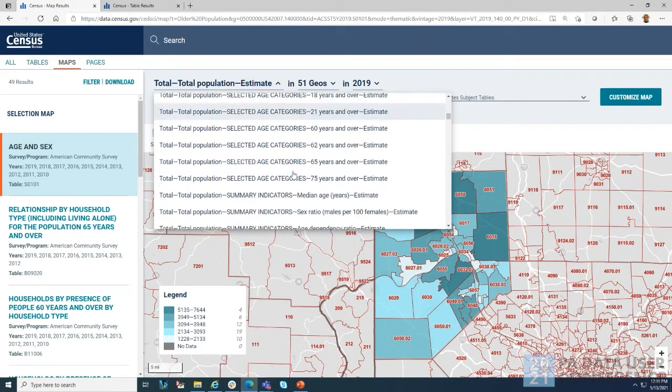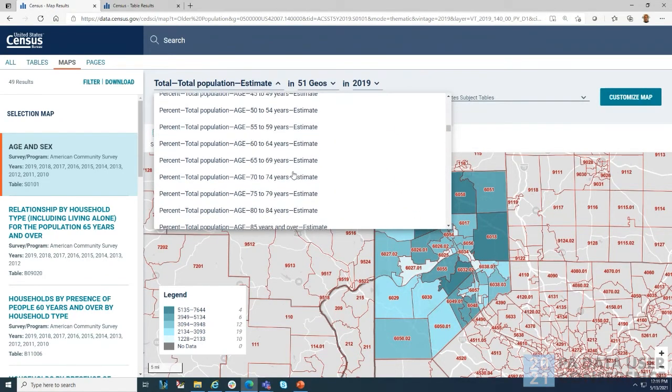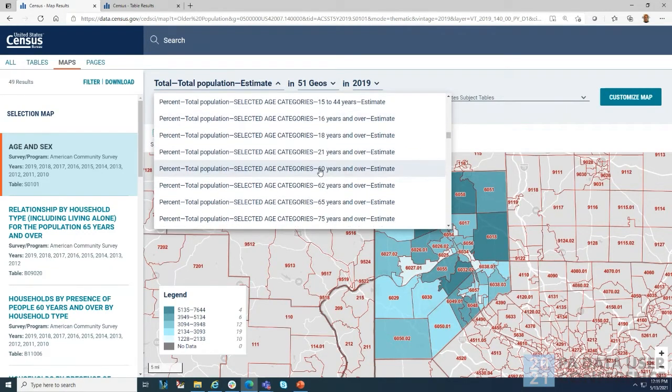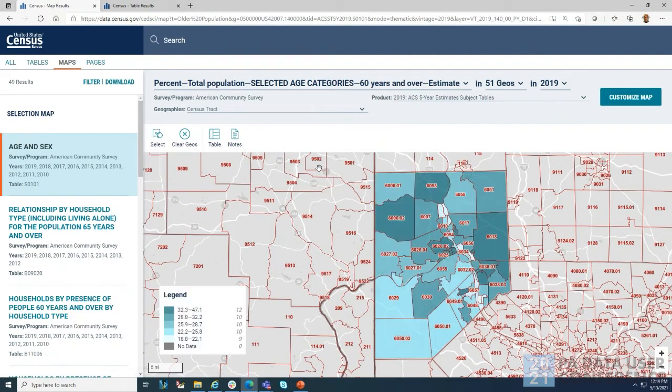And I'm going to scroll down to percent, and then I wanted percent, and it was 60 and over. So I'm going to choose that. It's going to populate, and you can see that the darker color is the one that has the larger percentage of a 60 and over population.